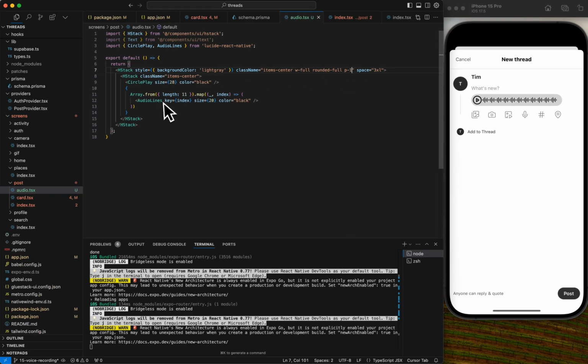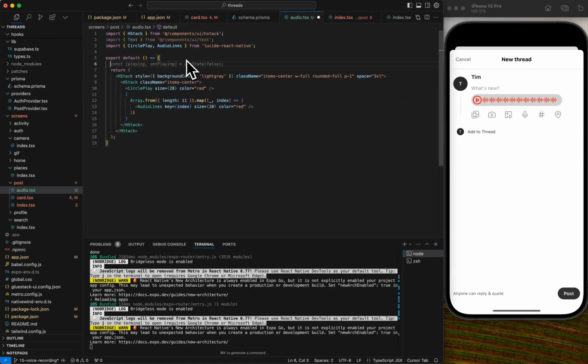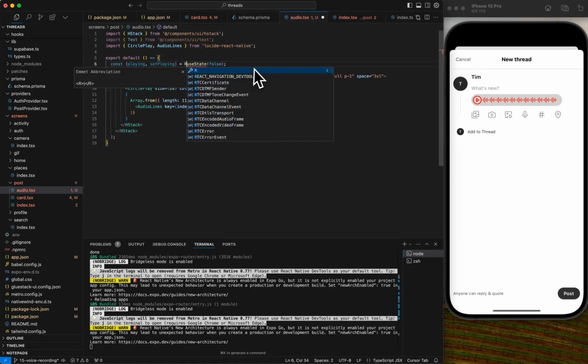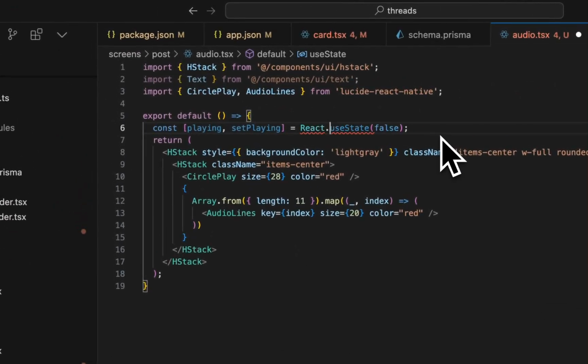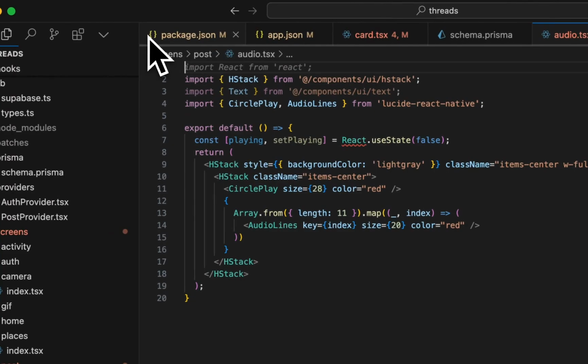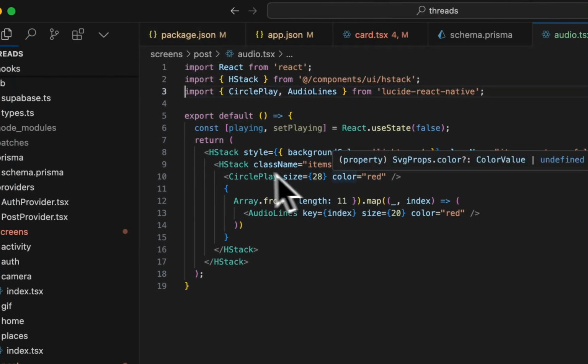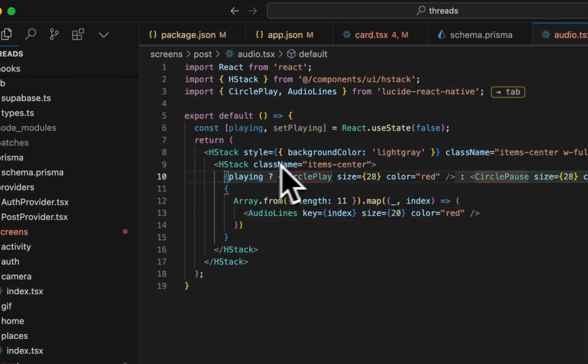Okay. And so right now everything is black. You could change the color based on whether it's recording versus playing. And then in the future, I'm going to actually progress through each one of these, so you need to know how long it is. Right now, we could just show the length of it. But this is what I wanted. So let's just create a UI state, const playing, is playing, React dot. And then maybe if it's playing,